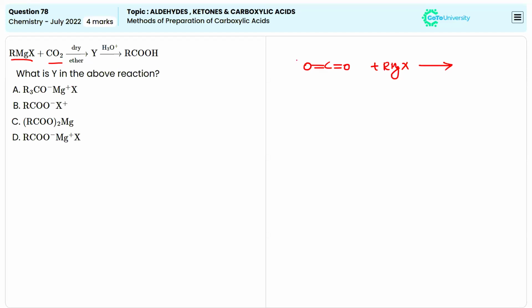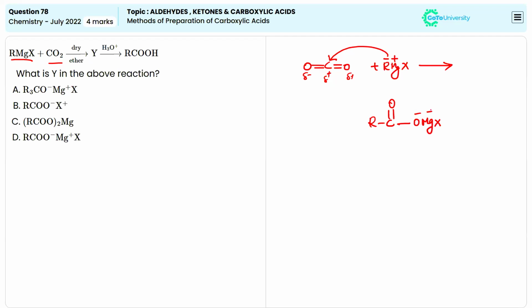Here the first thing is that RMgX has a minus part R and a plus part containing the magnesium. So the first step is that this negative charge will attack this carbon. Because this carbon is positive and this oxygen is partially negative, the negative R group can attack the positively charged carbon. Now you are getting RCOO